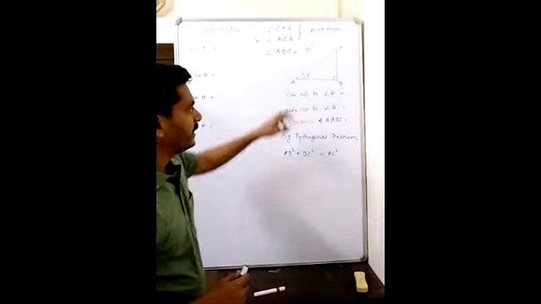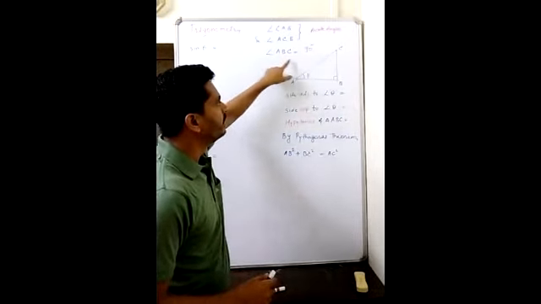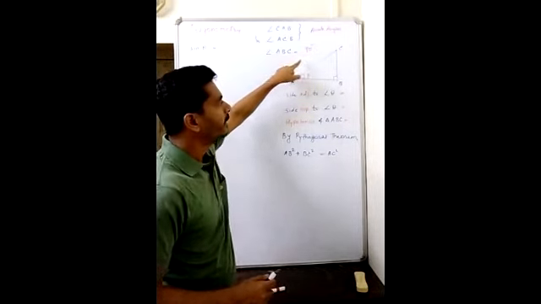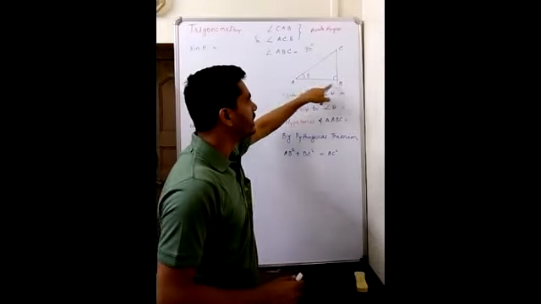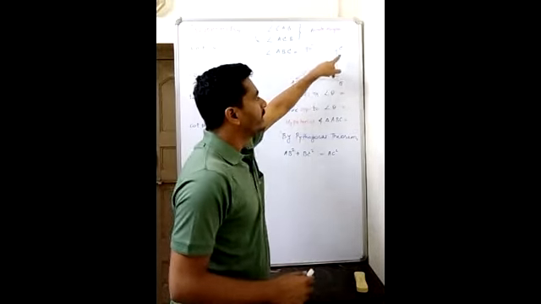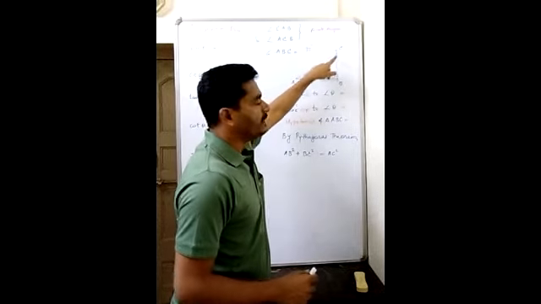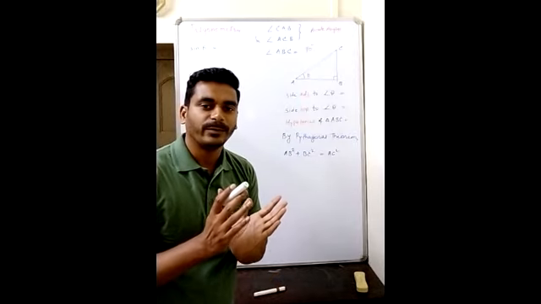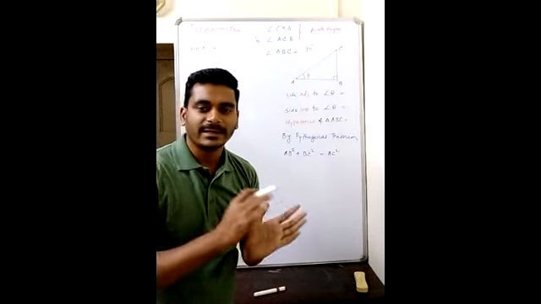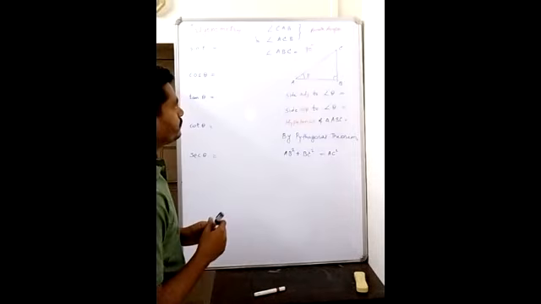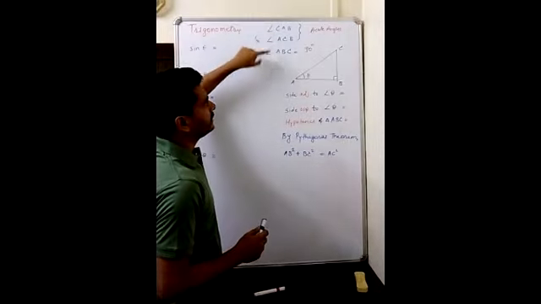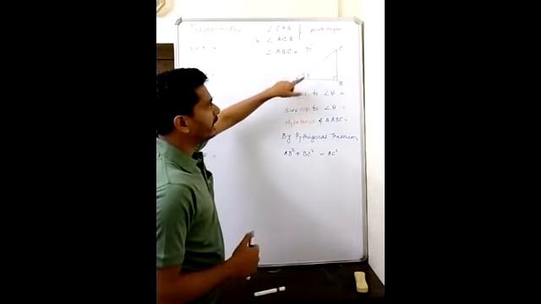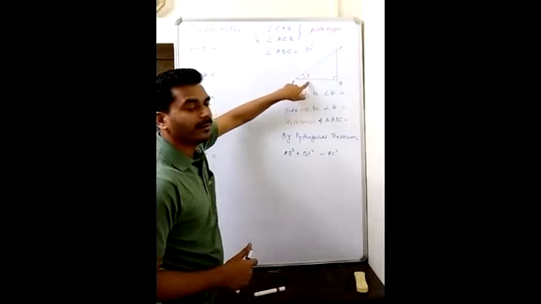Okay. So in this right angle triangle ABC, angle ABC is nothing but our right angle, that is it has 90 degrees of angle, and the remaining two angles, that is angle BCA and angle BAC, these two are the acute angles. Acute angles means the lines making the angle between them which is less than 90 degrees. Okay. So these two are the acute angles and one angle ABC is our right angle. Out of these two acute angles, angle CAB is the angle theta.